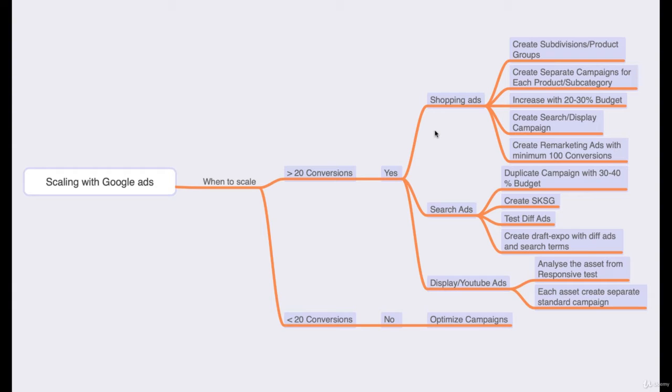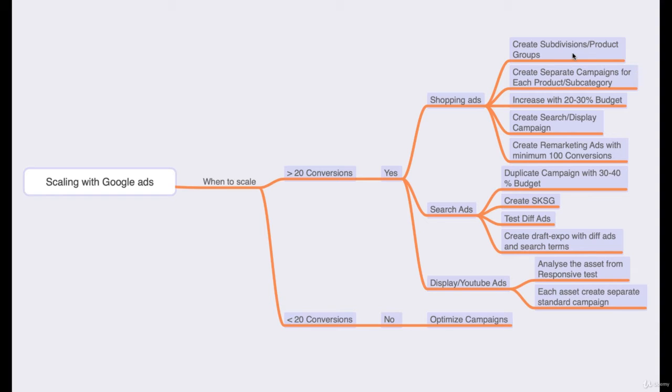But for that also, for different campaign types and different ad types, I set up the scaling project. Like for shopping ads, you can create subdivisions, like product ad groups, and for each ad group you can create separate campaigns. If you have already achieved a converting product or a converting category, then you can create a separate campaign for that product or category and increase your budget by 20 to 30%.